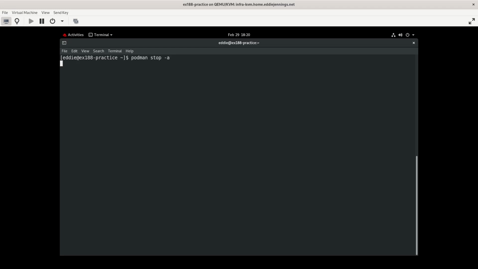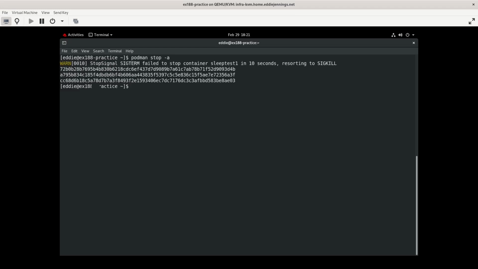This will take a moment because that sleep thing is going to try to stop it gracefully, and it's not going to be able to. Then it'll send SIGKILL. Also, all of those images should be gone. Yeah. All right. So now we're going to do sudo podman run -d